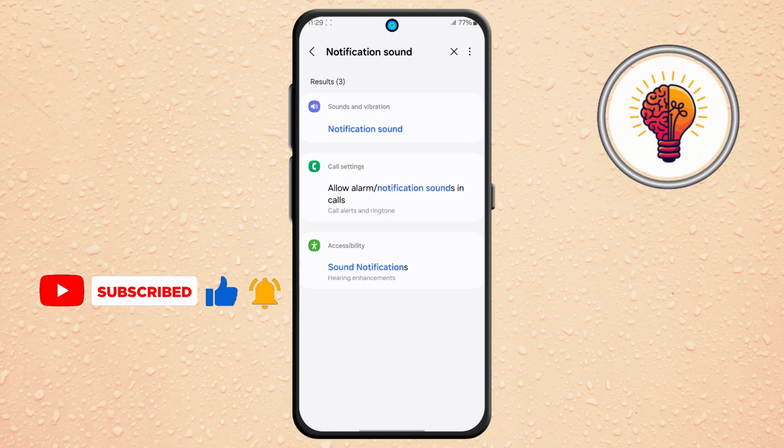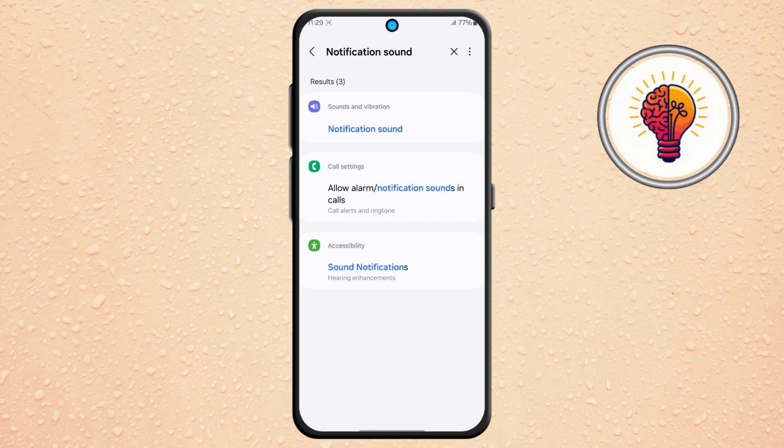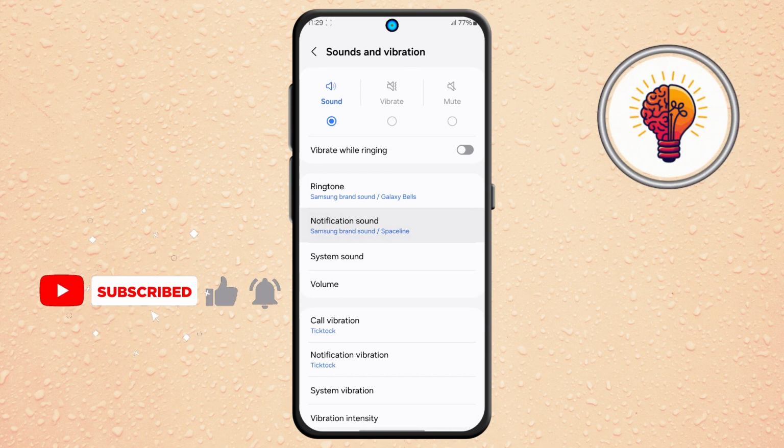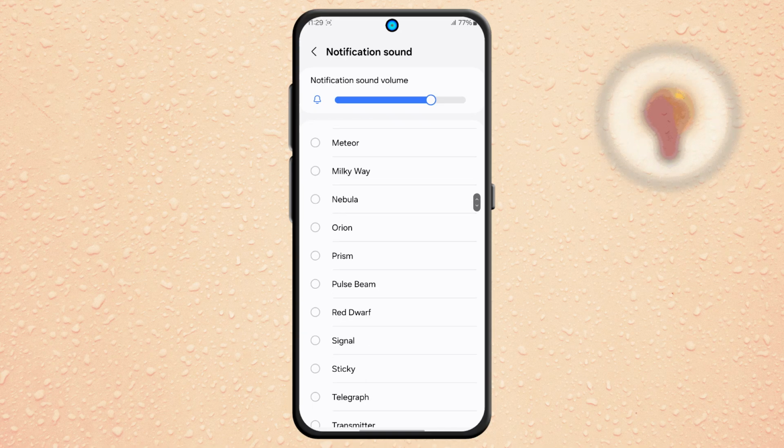Step 4. From the search results, tap on the option that says notification sound. Once you're inside, you'll need to tap the option again to confirm that you want to enter the notification sound settings. Step 5. For the last and most important step, under the section, scroll through the list of sounds and